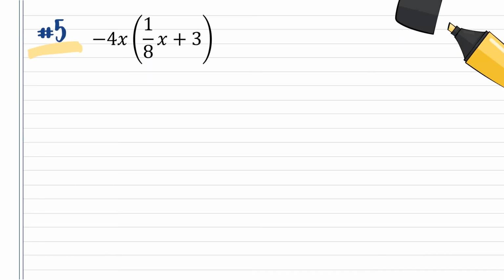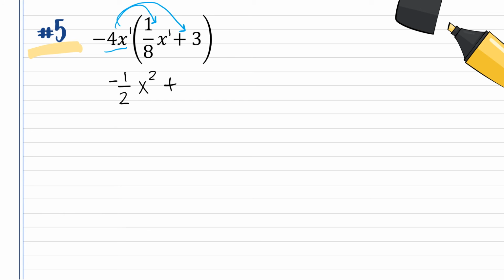Okay, in number 5, we want to multiply negative 4x times the quantity 1/8 x plus 3. So because we have our multiplication on the outside, we're going to want to distribute this whole negative 4x to both terms. So first we're going to have negative 4x times 1/8 x. So we're going to start by multiplying those coefficients. Negative 4 times 1/8 would give us negative 4 over 8, which would give us negative 1/2. And then we have our x's, and because there's no exponent written, we know that that exponent is really just a 1. So going back to those exponent rules, we would have x to the 1 plus 1, or x squared,